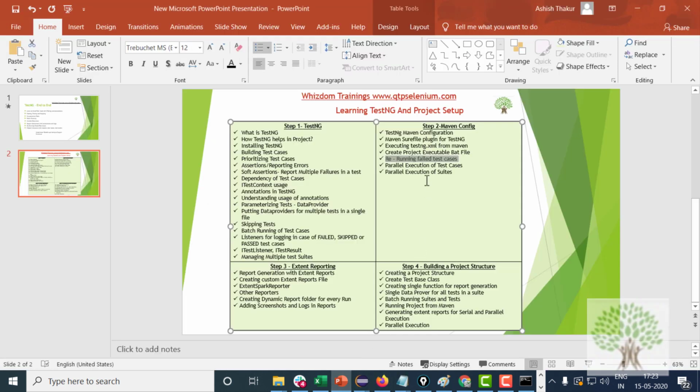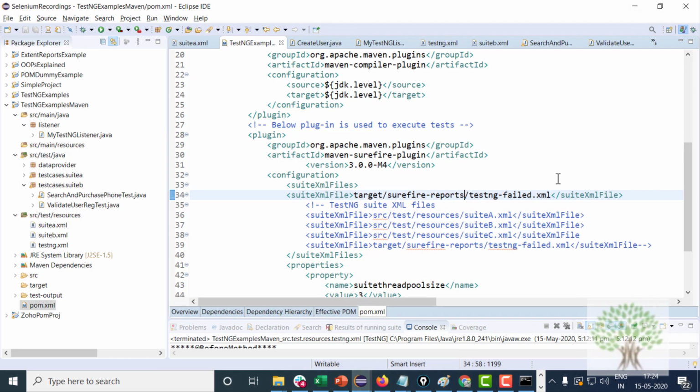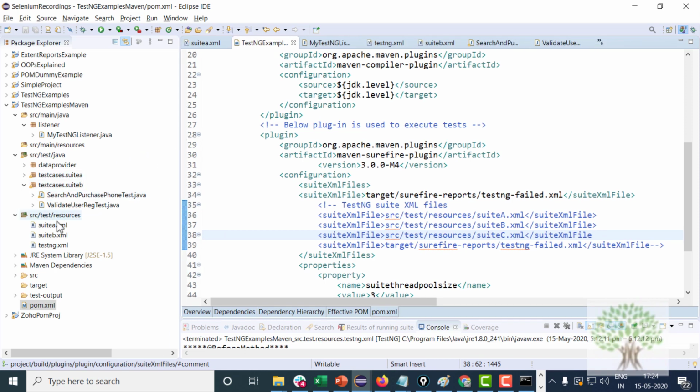Now the next thing is the parallel execution of the test cases. How will you execute your test cases and your test suites in parallel? Fine, it's very simple, it's not a big deal. I will explain it with an example.